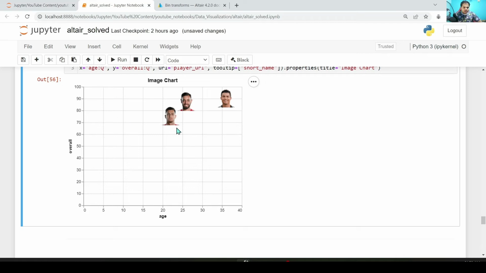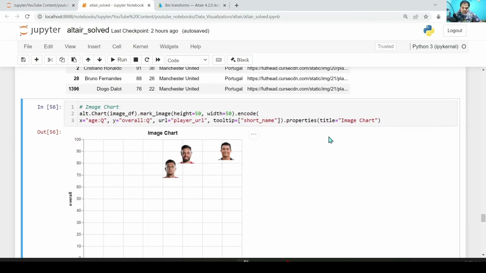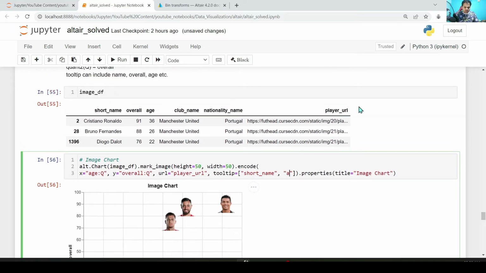We have got this particular chart. So if I hover over it, we are getting the short name as Diogo Dalot. His age is between 20 and 25, around 22. This is Bruno Fernandes, and this is Cristiano Ronaldo. And x-axis we have the age, y-axis we have the overall, and right now we are only getting the short name. And if you want to see age and overall as well, we'll just add to this particular list age